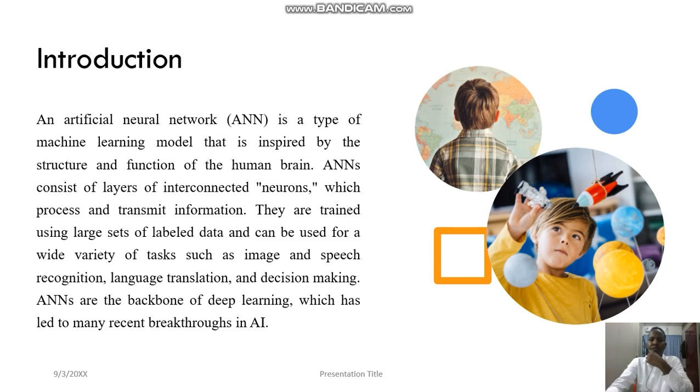The introduction of artificial neural networks. An artificial neural network is a type of machine learning model that is inspired by the structure and function of the human brain. It consists of layers of interconnected neurons which process and transmit information. They are trained using large sets of data and can be used for a wide variety of tasks such as image, speech recognition, and language translation, making artificial neural networks the backbone of deep learning, which has led to many recent breakthroughs in